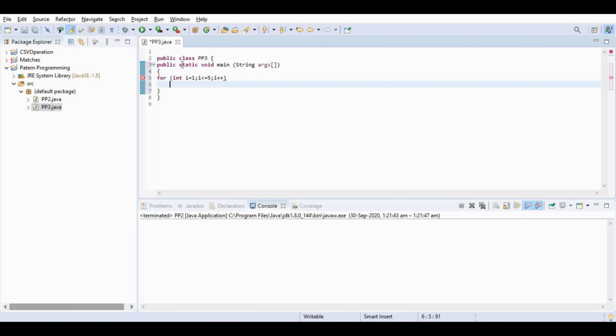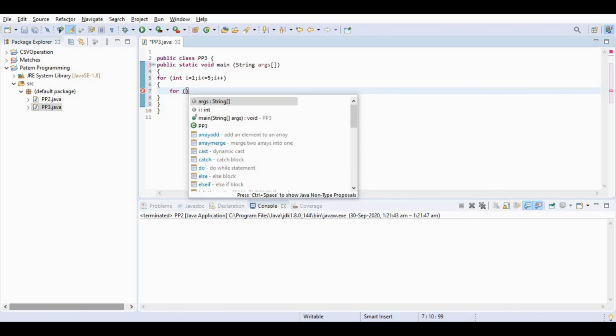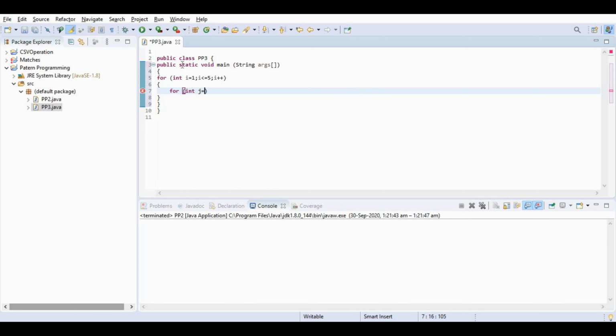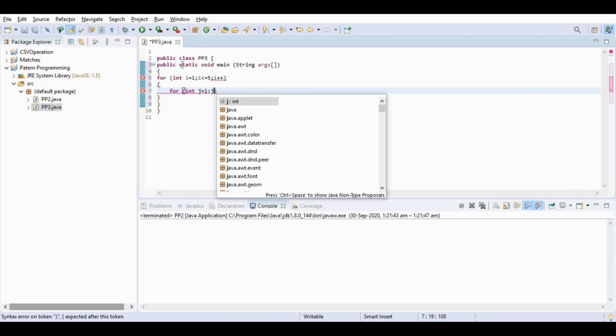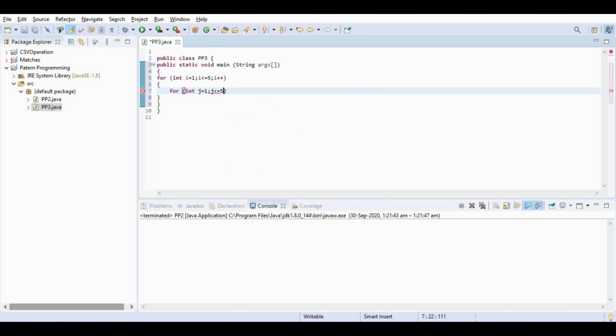Inside our outer loop we will define our inner loop: for int j is equal to 1, j is less than equal to 5, j plus plus. And inside our inner loop we will print our pattern.